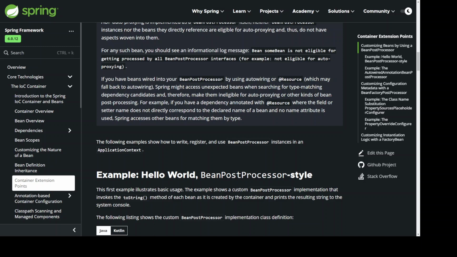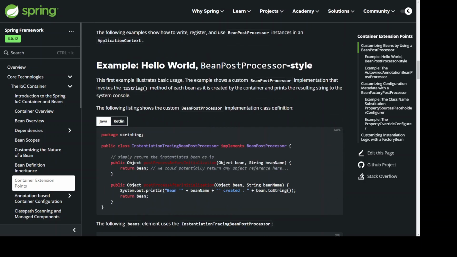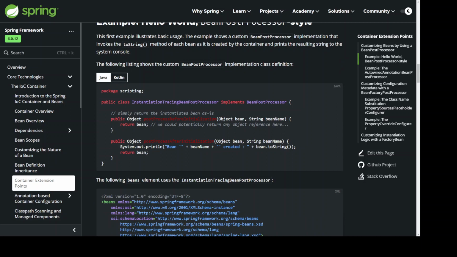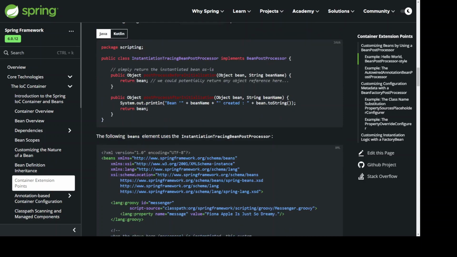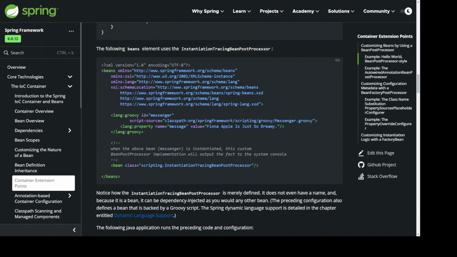import org.springframework.beans.factory.config.BeanPostProcessor; public class InstantiationTracingBeanPostProcessor implements BeanPostProcessor { // simply return the instantiated bean as is. public Object postProcessBeforeInitialization(Object bean, String beanName) { return bean; // we could potentially return any object reference here. } public Object postProcessAfterInitialization(Object bean, String beanName) { System.out.println("Bean '" + beanName + "' created : " + bean.toString()); return bean; }